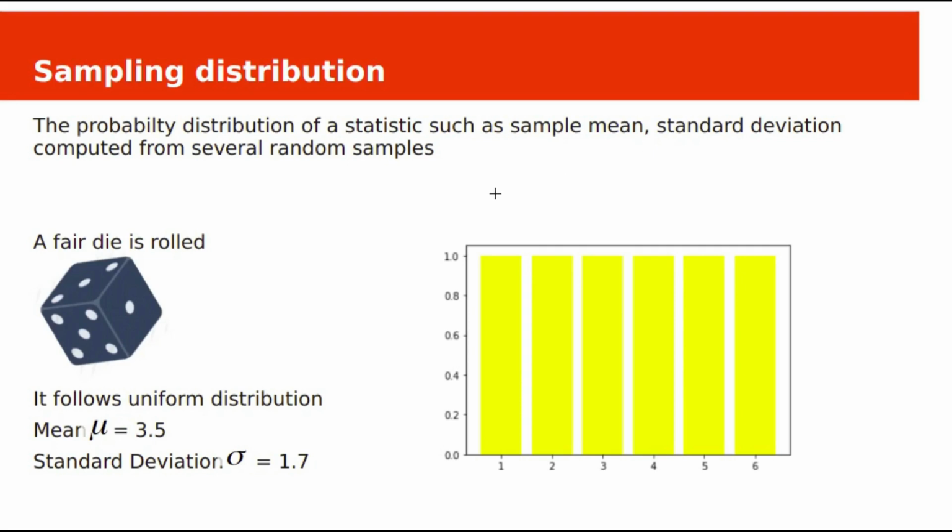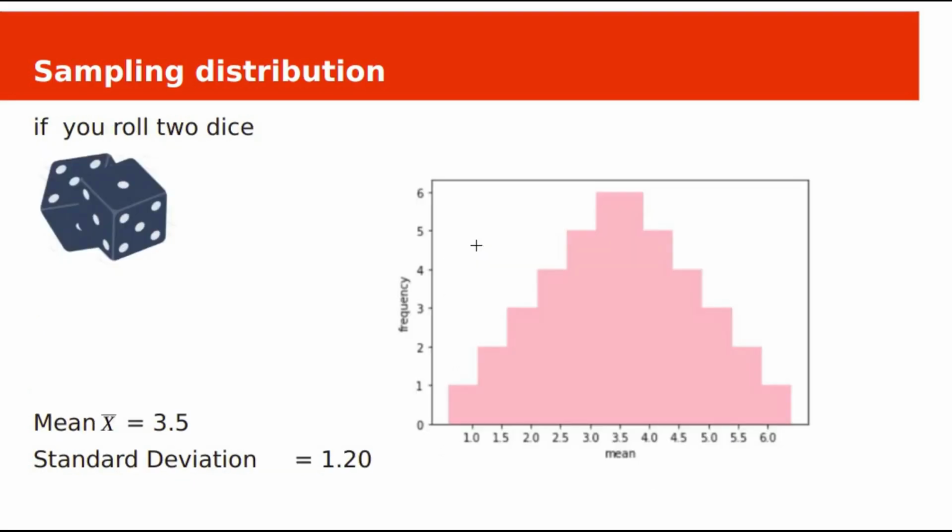If you roll a single die, you are equally likely to get 1, 2, 3, 4, 5 or 6. Each value will come up 1/6 of the time. So the probability distribution of a single die rolled 6 times will have each value coming up one time. What happens if you roll 2 dice and add their values?